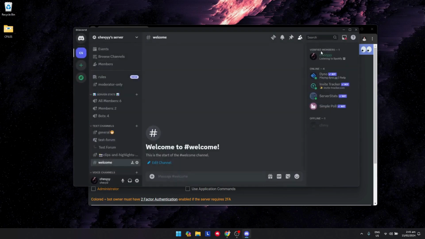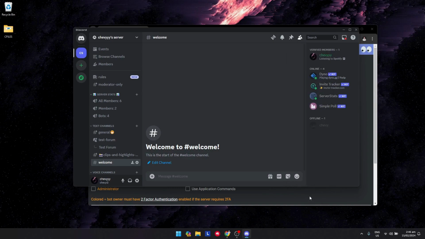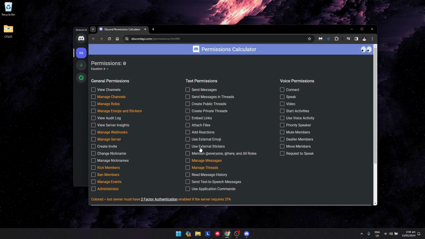Just hit escape on that and copy the bot that you want to add to your server. So let's say this bot. Right click, and as you can see, there's a copy user ID option here. So just click on that, and now open your browser and go to this website,